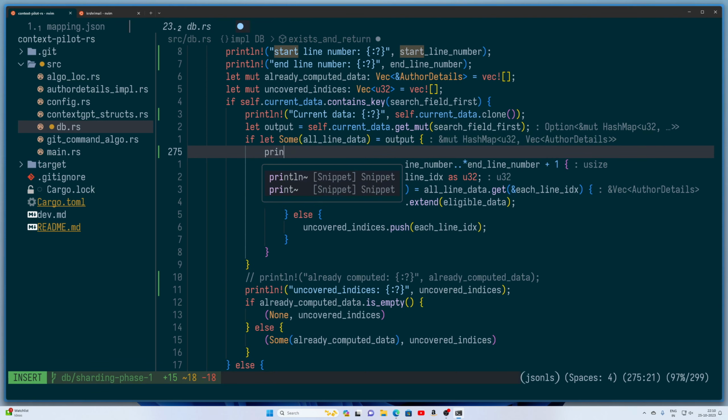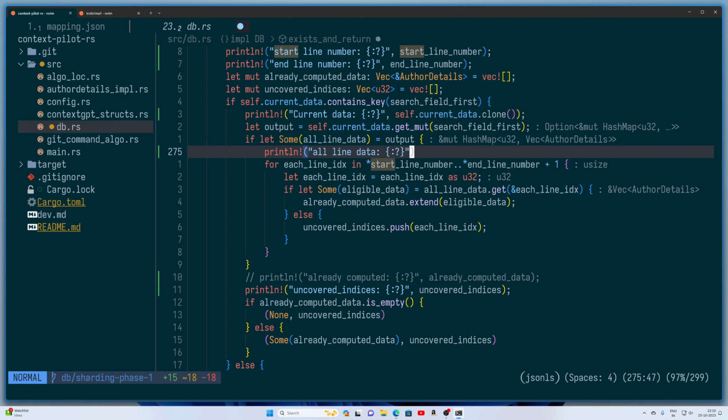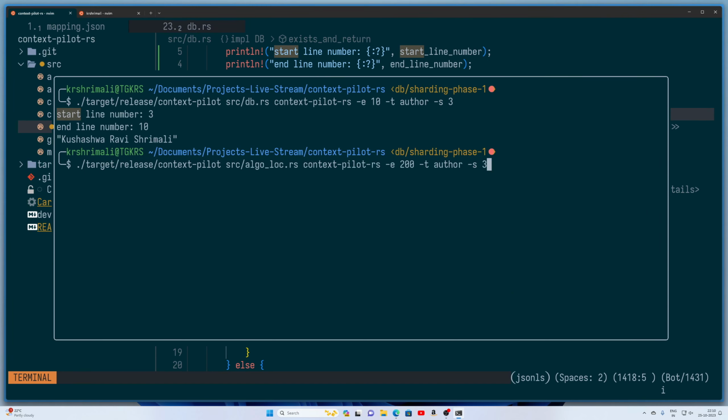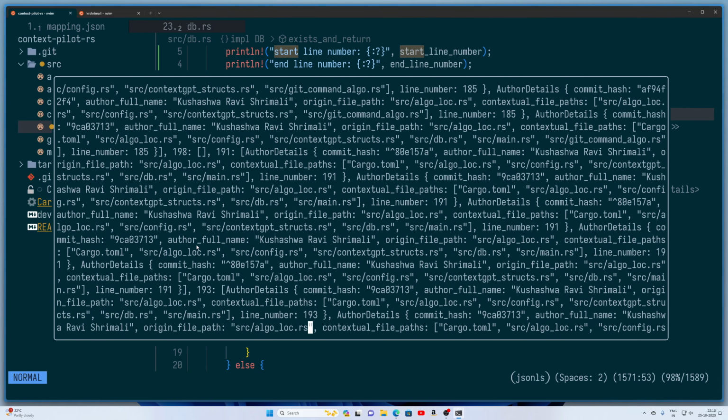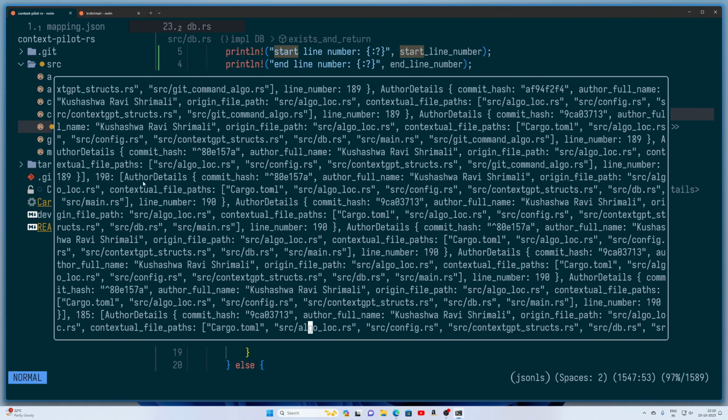Online data. Okay. How much is this? Right. This is what I'm gonna do. I'm just gonna print this again. I'm gonna do this, and I'm gonna do dot target release this and this. I'm gonna do this again, but I'm gonna wait for this to work. Yeah, okay. So this prints, right? This is working. If you see that it should also have line number as something other than,